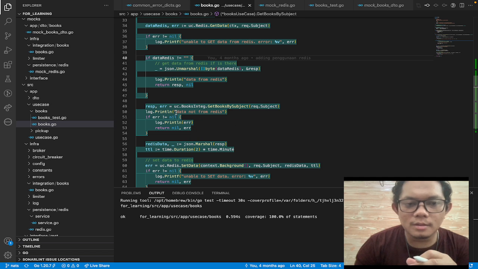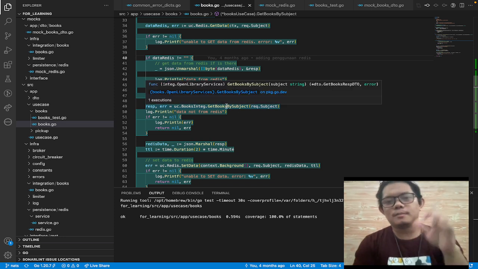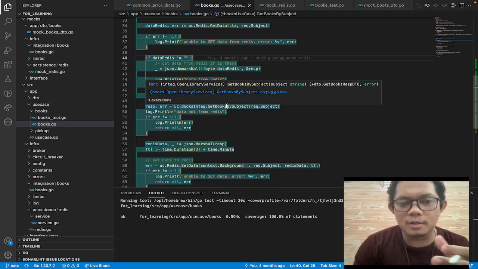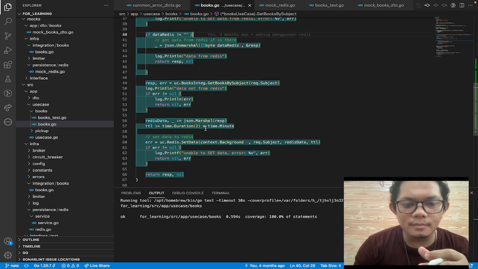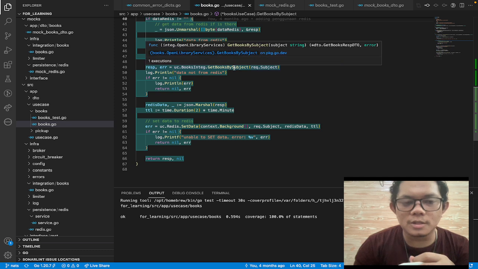And then I made the scenario for success in the process of get book by subject. I mean this is get book by subject from the actual third party. After that, I made a scenario as well where an error occurs in this process.